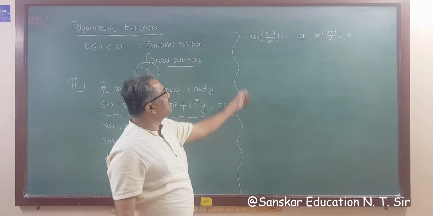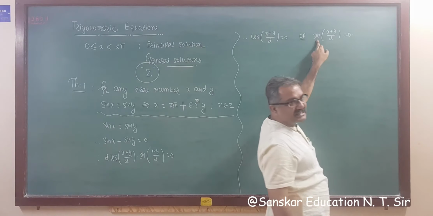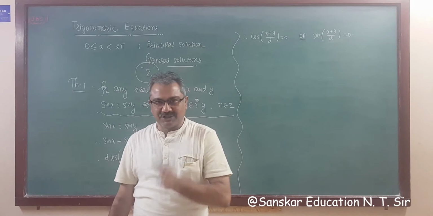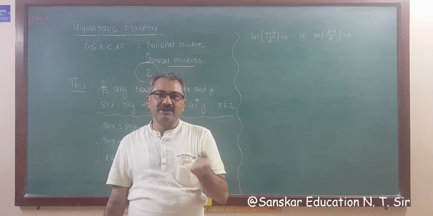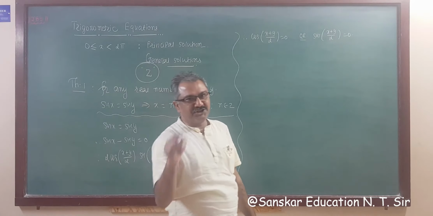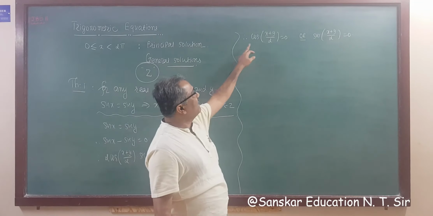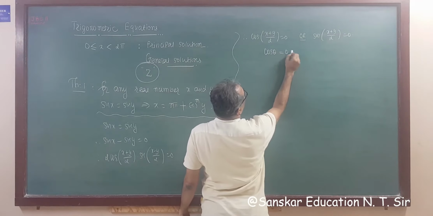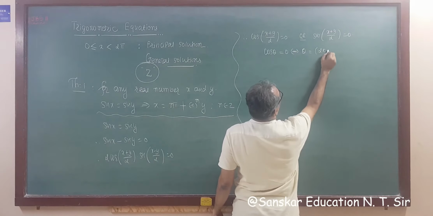Now this is the set of zeros of cos and this is the set of zeros of sine, and we learned set of zeros and set of range in our starting lectures, and also solved many questions of set of zeros in lecture number 52, 53, right? So applying that formula, you know cos theta is equal to 0 implies theta is equal to (2k plus 1) pi by 2.